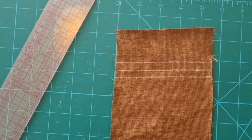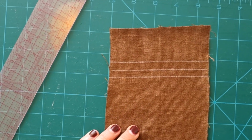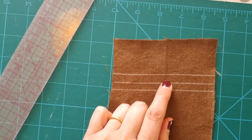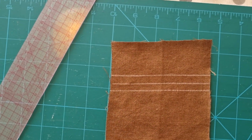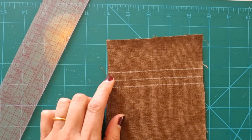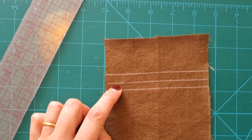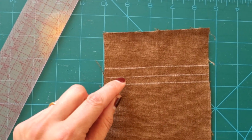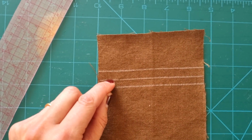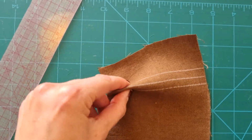So I'm showing you how to do pin tucks on this little bit of sample because it's much easier than getting the whole big skirt out. But essentially what you want to do is decide how deep you want your pin tucks to be, which you should have done already when you cut the size of your skirt, but it's double whatever you want your size to be. So I wanted 1 centimetre pin tuck, so I've added 2 centimetres per pin tuck. And that's because this centre line will end up as the fold. So what you're going to do is fold it